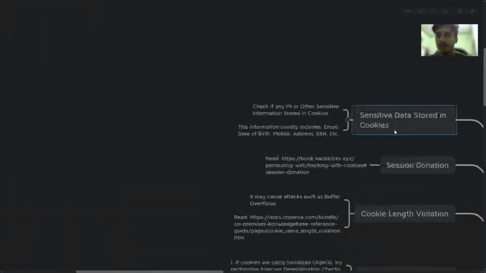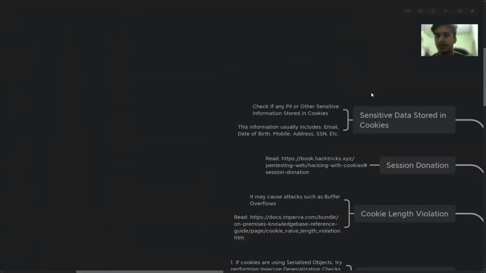Okay. So, sensitive data stored in the cookies. A lot of times I found that the application is using base64 encoded data as PII data, let's say your date of birth, your email address, your passport, and something like that. And these are not secured by the HttpOnly flag. Now an attacker can use cross-site scripting to steal your sensitive information, like your mobile number, addresses and things like that. So make sure that these things are not stored in the cookies. Even if you do store them, make sure they are encrypted properly so that nobody can decrypt and use them, right?